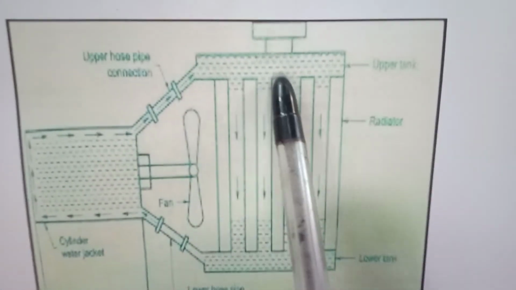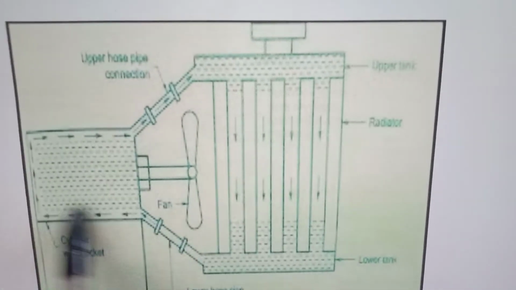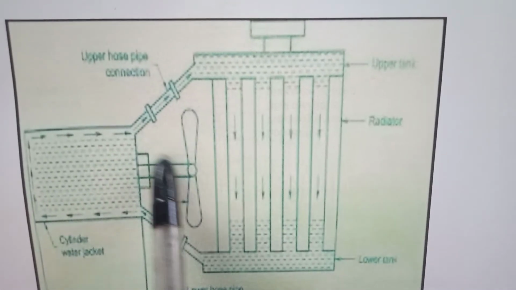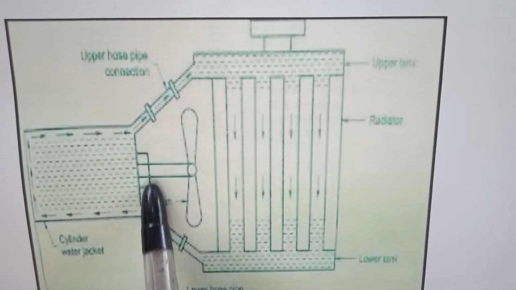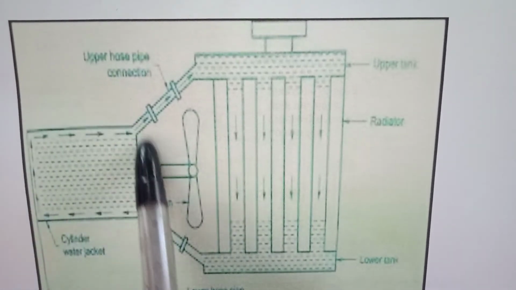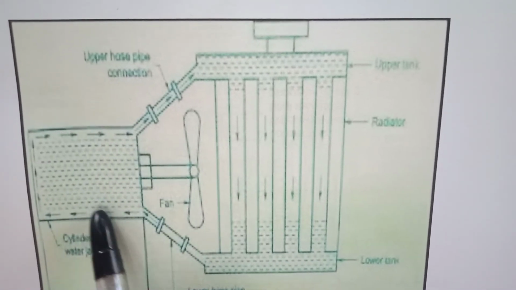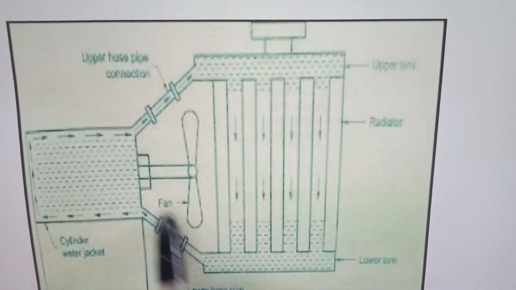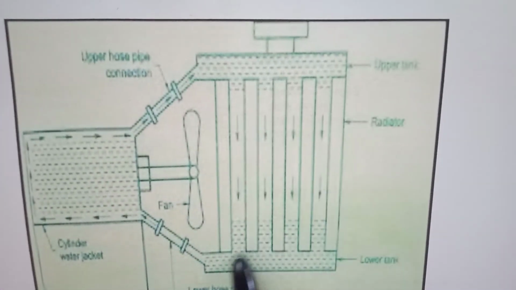Okay, now how does it work? This thermosiphon engine construction is like this. This is the fan, and this is the crank connected to the crankshaft. So this fan rotates when the crankshaft rotates, and this is the water jacket around the cylinders of the engine. In the thermosiphon system there is no water pump present here. As shown in this figure, there is no water pump.